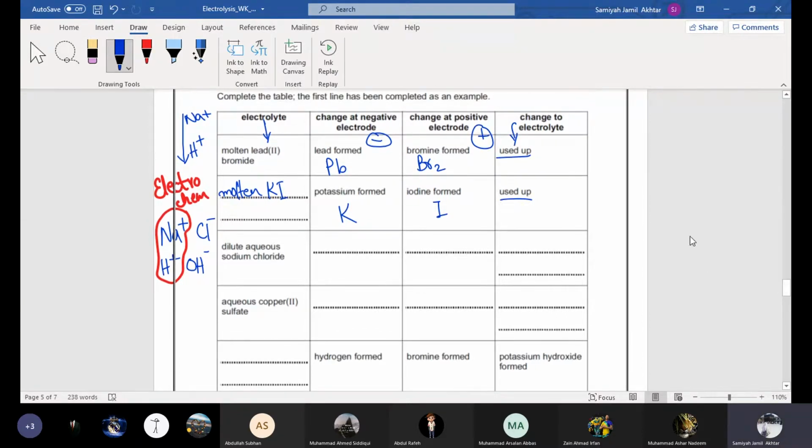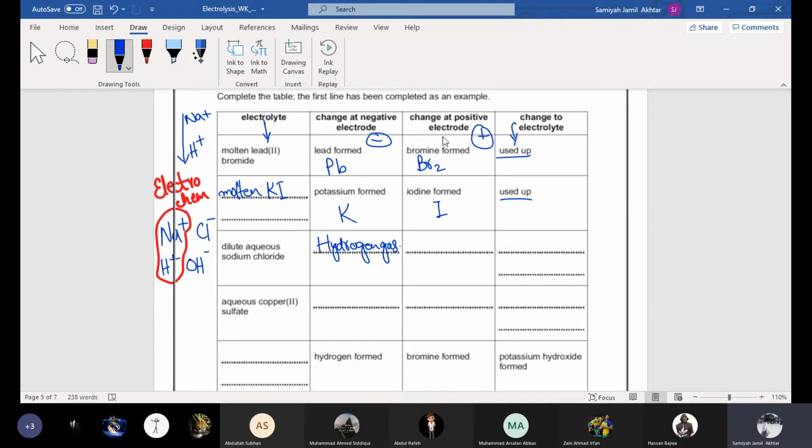Do you remember the electrochemical series? Yes, ma'am. So sodium is present at the top, okay, and hydrogen is somewhere in the middle. So the one which is present at the lower position, it will discharge. Okay, so as we go down in the electrochemical series, the ability to discharge increases. So hydrogen will discharge at the cathode and hydrogen will form hydrogen gas. When we write, hydrogen gas formed. Yes.